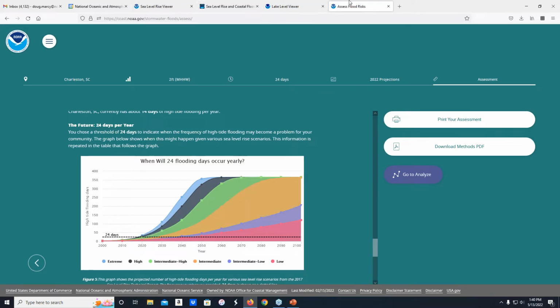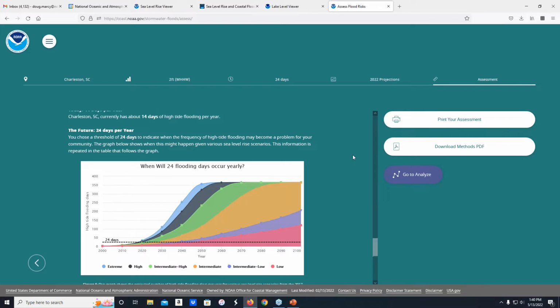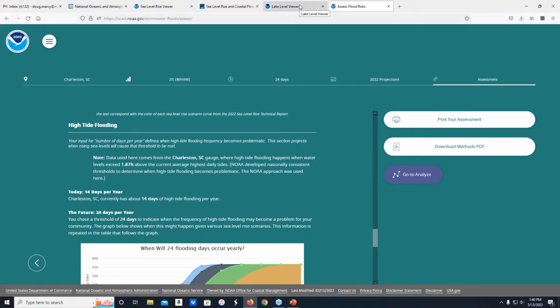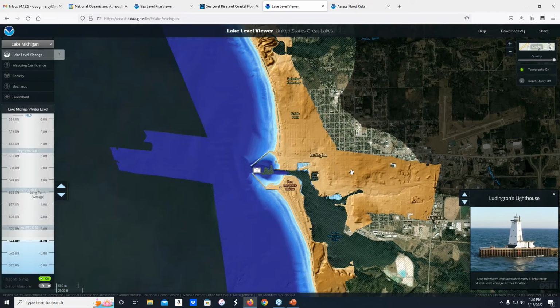So that's just 3 different tools where we've pulled in this information. You can use that in there, try to make it easy to use. So the projection information is in there. Oh, now it's drawing. You can see the topographic information and the bathymetry information in our lake level viewer.